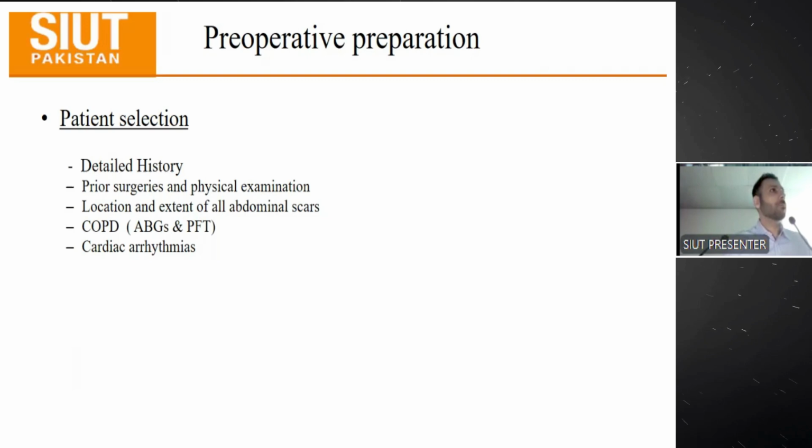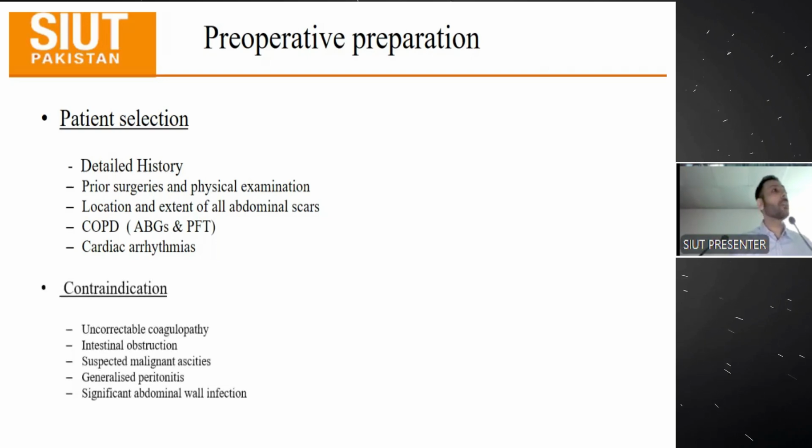So you take the history, you do the imaging, and then you make a differential diagnosis, or you come to a diagnosis, and then you decide to put your laparoscopic surgical skills to the test. However, not every patient needs a laparoscopic procedure. There are some contraindications to this as well, namely